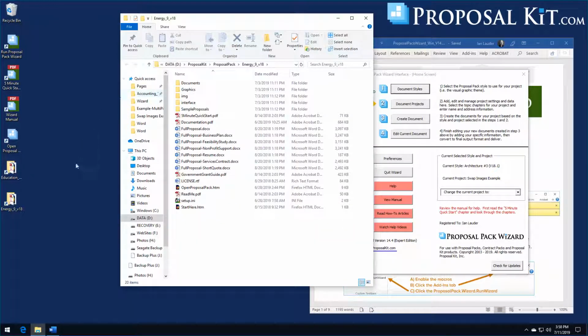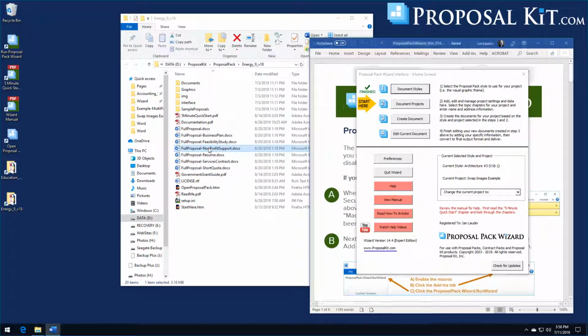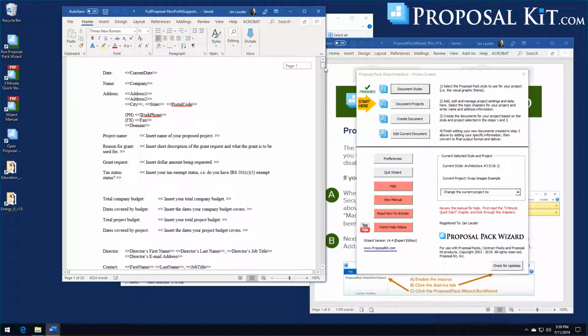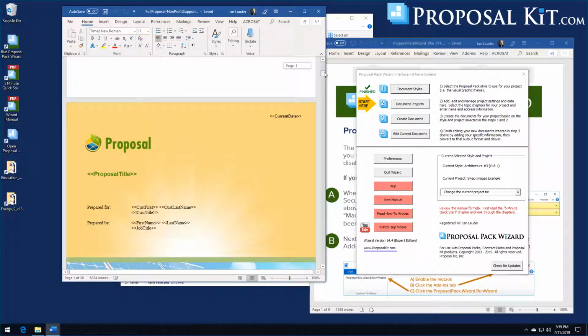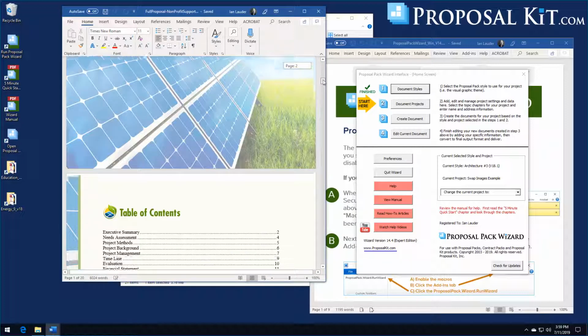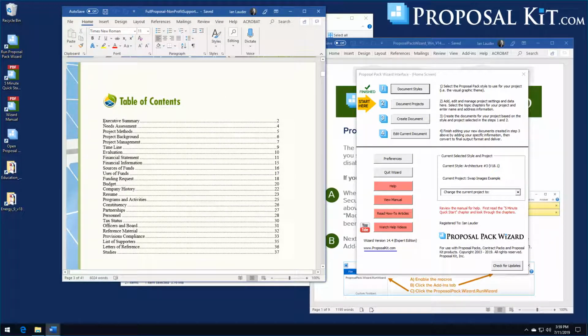We'll also illustrate using another design theme, say our energy number 9. That might be good for green or energy type grant submissions. If we look at this pre-assembled document, you'll see the introduction letter is the same, but now this has a slightly different design theme, different graphics. But you'll see that overall structure is the same. Different sidebar, different logo, different colors, same set of